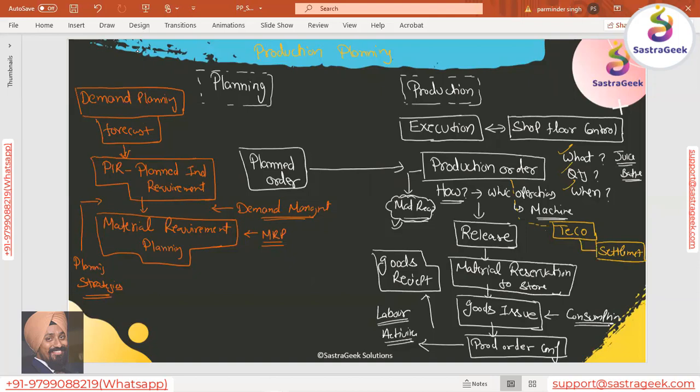Whether it's make to order, whether it's make to stock. If it is make to order, how do I need to do the planning; if it is make to stock, how do the different plannings need to be done. If it needs to be produced based on a project, if you have some project and the requirement is coming from the project and I want to produce based on that, these kinds of different planning strategies would be there.